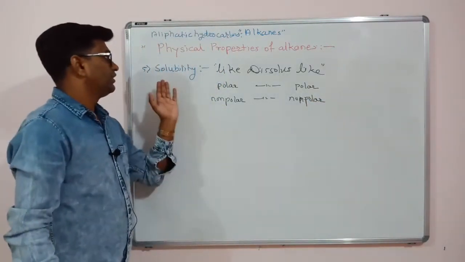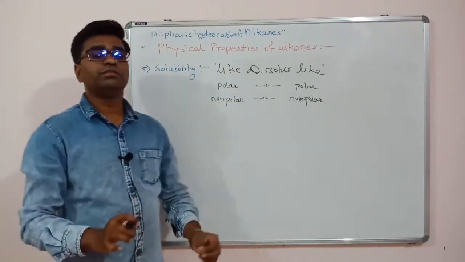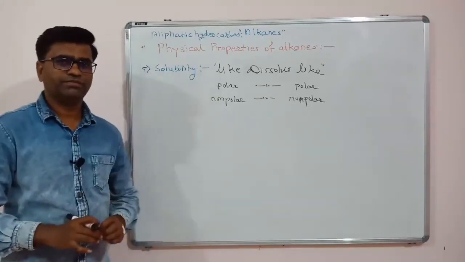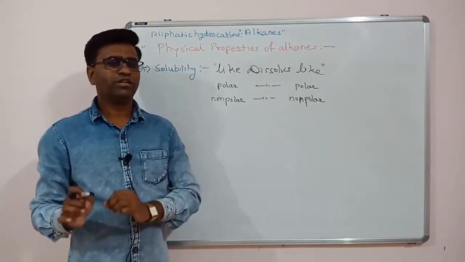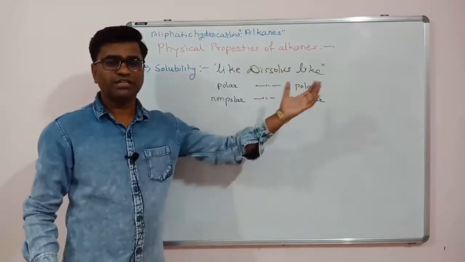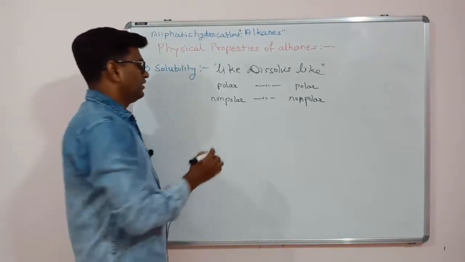So by this rule, our hydrocarbons, that is alkanes, are soluble in non-polar solvents. Hydrocarbons are mostly non-polar. So that's why hydrocarbons, or suppose this is the alkane chapter, so alkanes are dissolved in non-polar solvents like